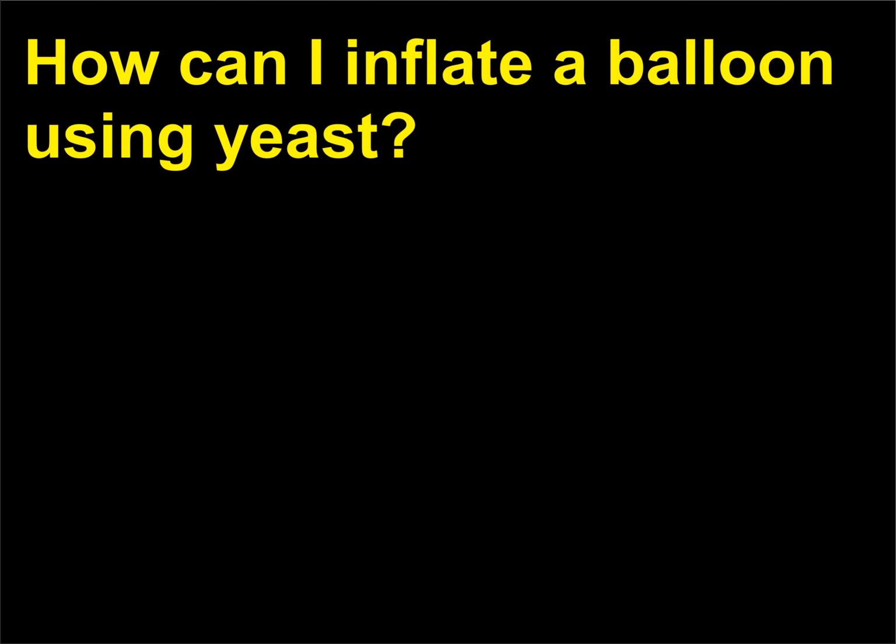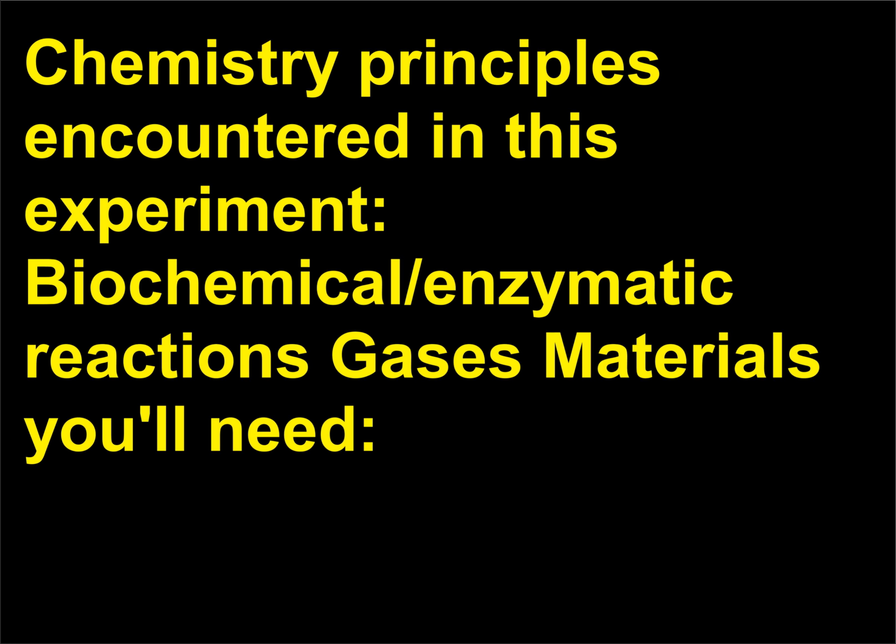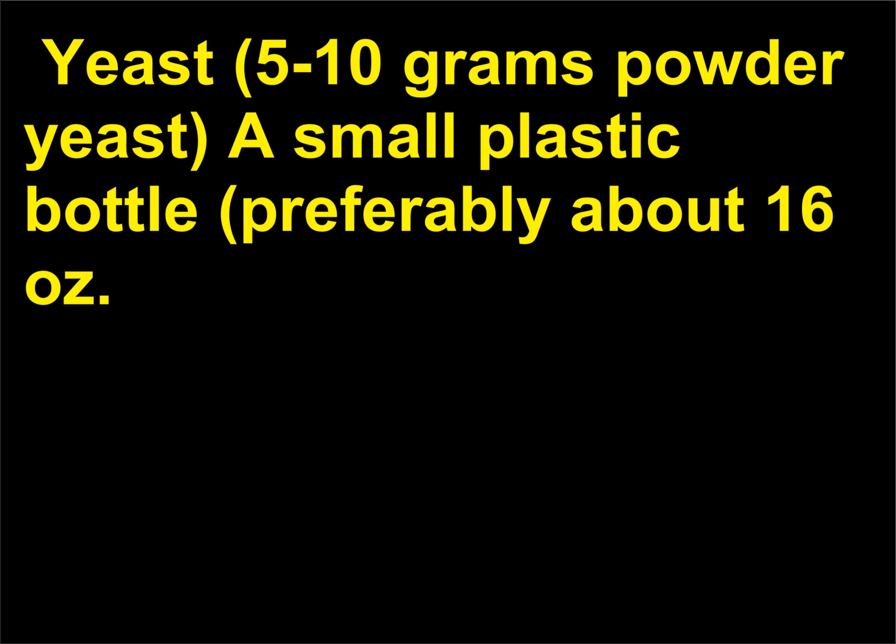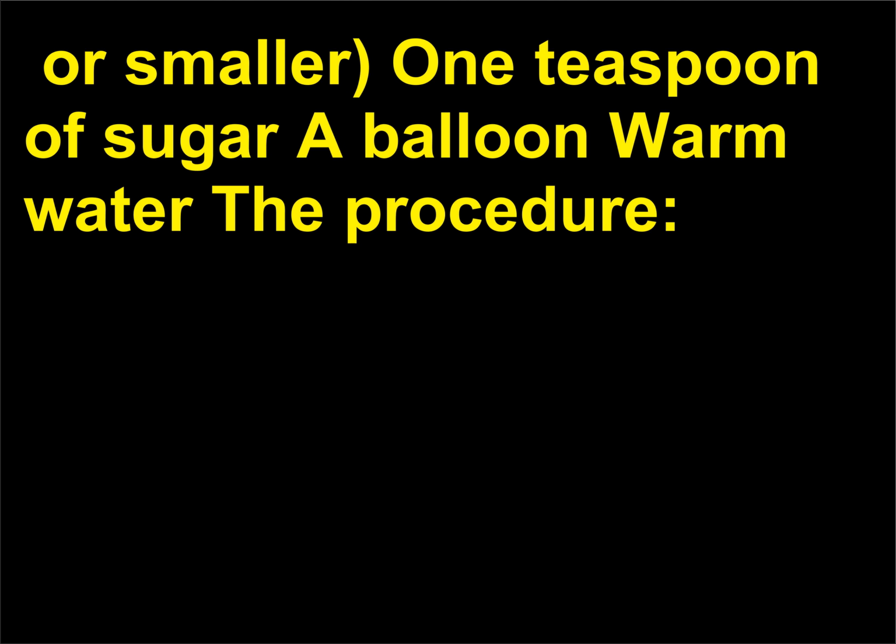How can I inflate a balloon using yeast? Chemistry principles encountered in this experiment: biochemical/enzymatic reactions, gases. Materials you'll need: yeast, 5 to 10 grams powder yeast, a small plastic bottle, preferably about 16 ounces or smaller, 1 teaspoon of sugar, a balloon, warm water. The procedure: